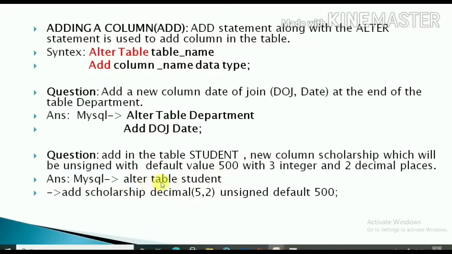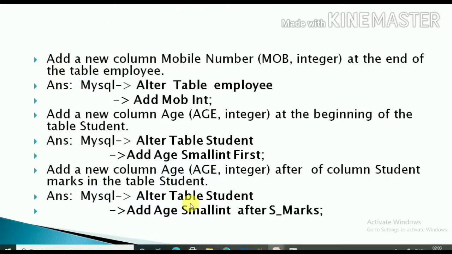So ALTER TABLE student ADD scholarship, with the data type DECIMAL(5,2) UNSIGNED, and the default value is 500. So the command is ALTER TABLE student ADD scholarship DECIMAL(5,2) UNSIGNED DEFAULT 500.